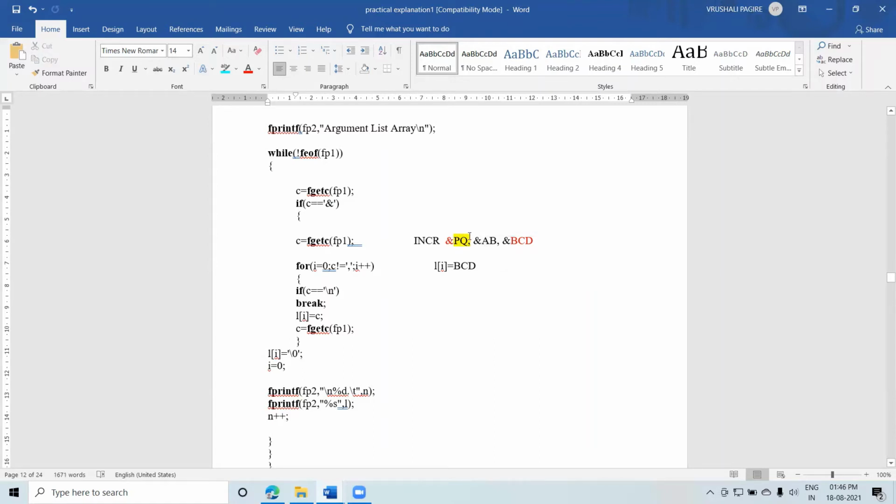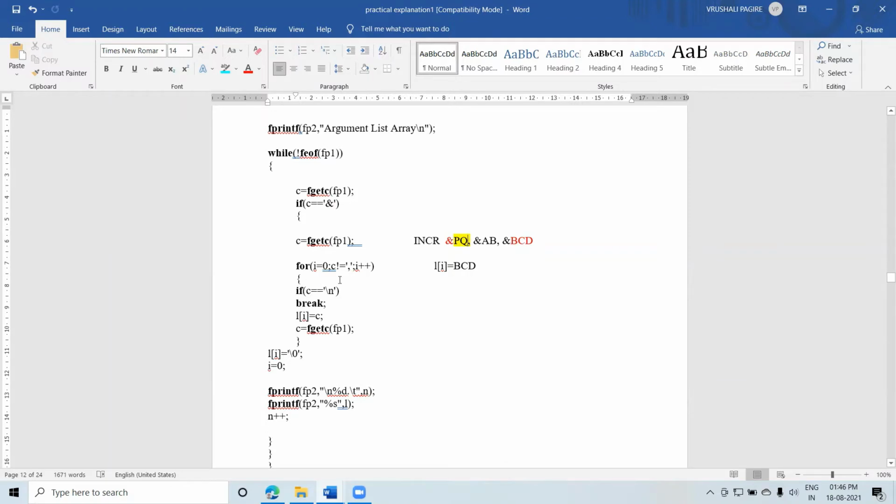So copy all the characters. Continue your copy till the comma is not there. After the comma comes, it indicates that now your string is ended. Your first parameter you have already read it. Okay. So now enter into the loop. Okay. The comma we have checked. This is to show the end of the string.